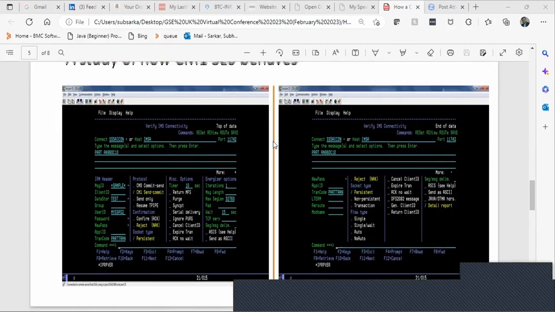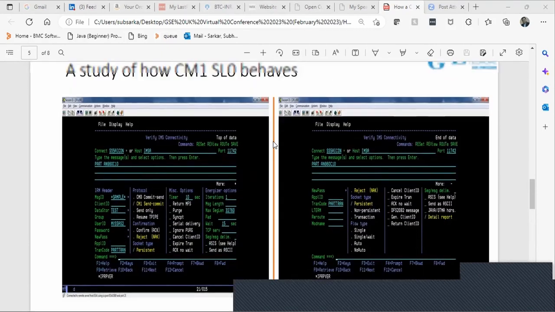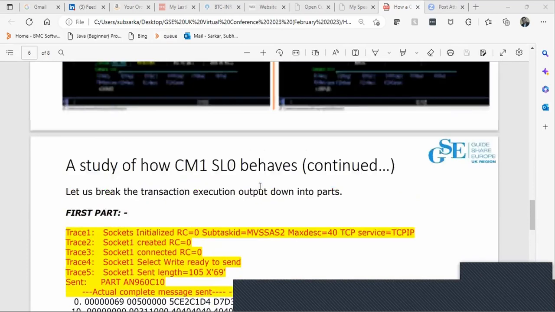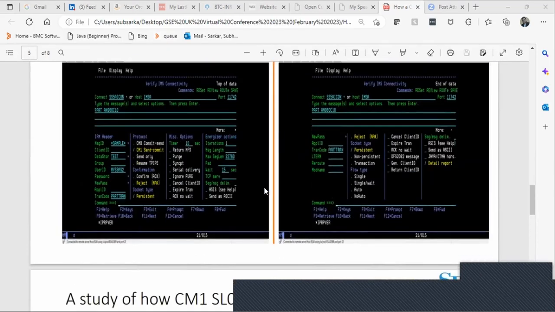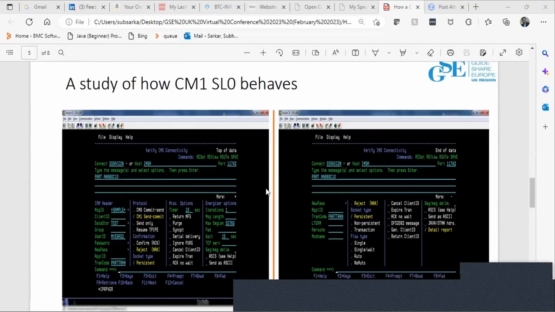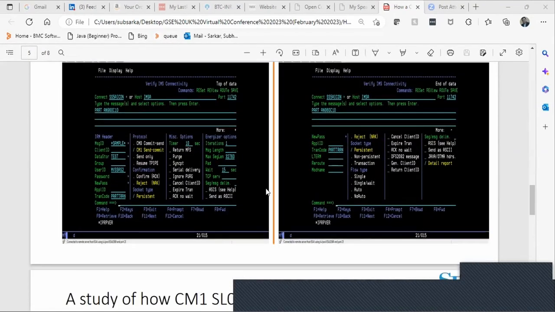Yeah, Tom, a good question. If I'm to answer this question, the answer is going to be different for different tools. Since your question is specific to this particular screenshot and this particular tool that I have used, this is a BMC tool, BMC AMI Energizer for IMS Connect. So how it works is,